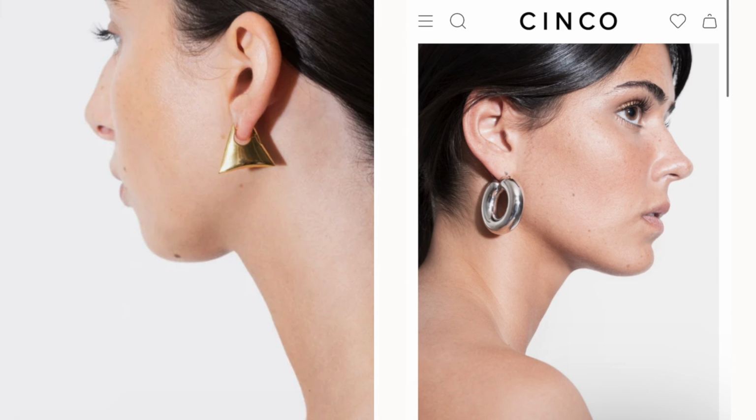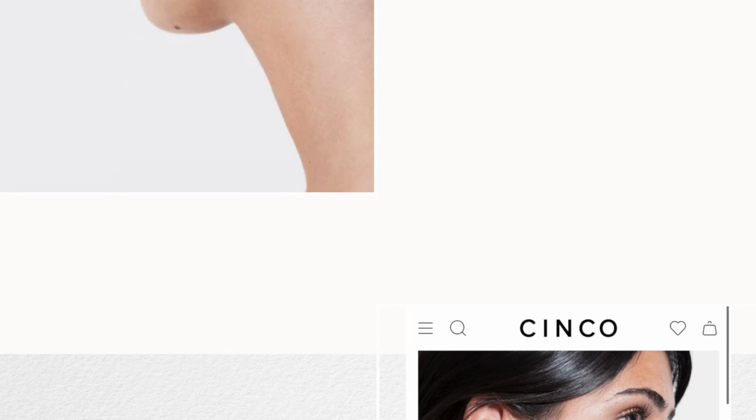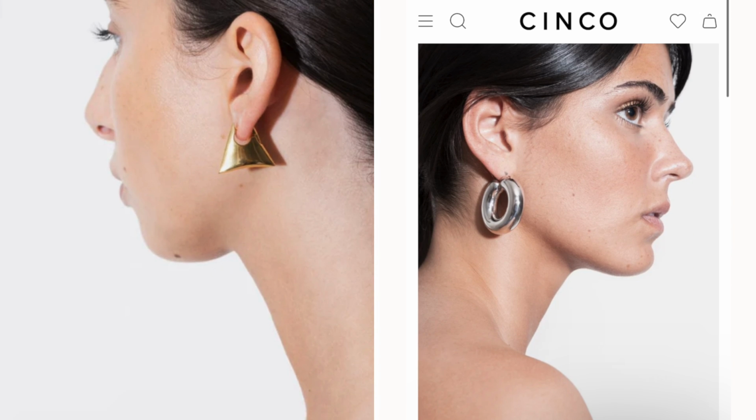If you are not new here, you know that I love a bit of jewelry. I love gold. I love diamonds. I love costume jewelry. I just love to sparkle. And I came across this website called Cinco that has some really spectacular and interesting earrings. I didn't look too much past the earrings, so I'm not sure what else they have,